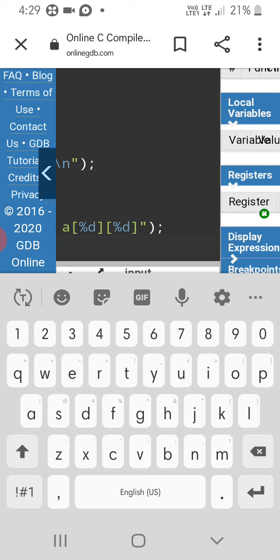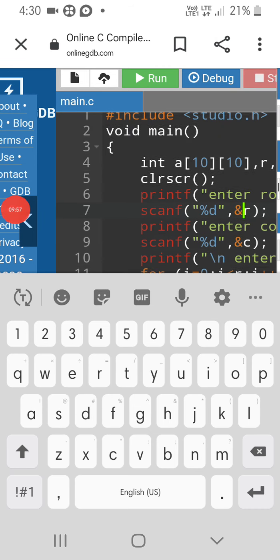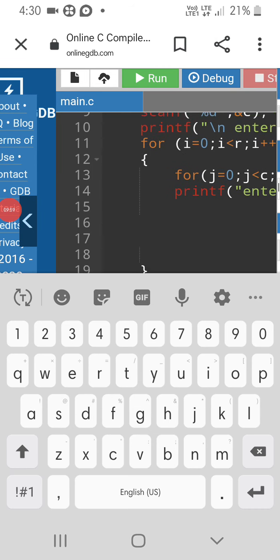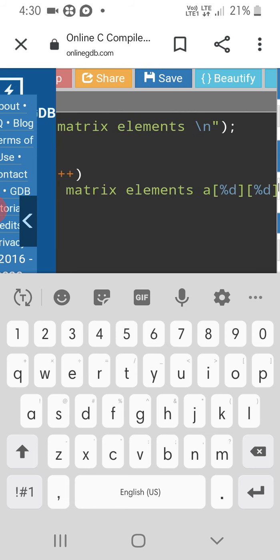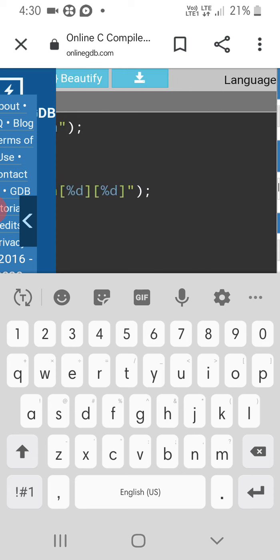And here again we have to use a scanf function so that we can access the location of these elements.